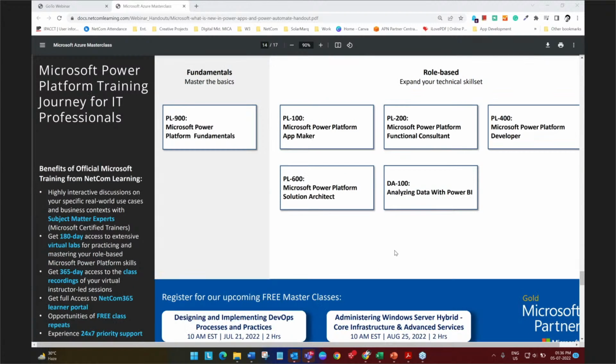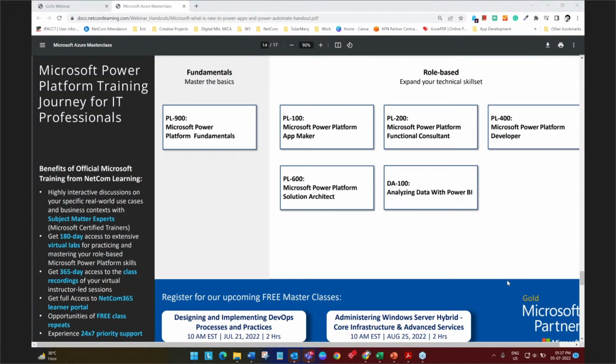Last but not the least, we do have this slide as part of your handout. This is particularly designed for the learners. No matter which stage you are at in the learning process, this maps out the entire Power Platform training portfolio and journey across the Microsoft portfolio of official training. You'll find all your role-based solutions mapped on the right-hand side of the slide with the PL 100, 200, 400, 600, and the DA 100.